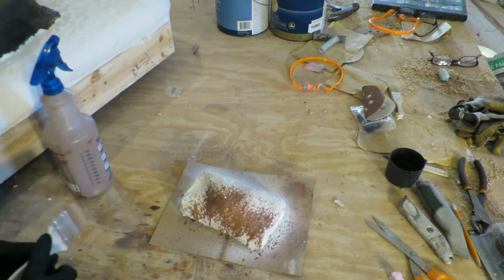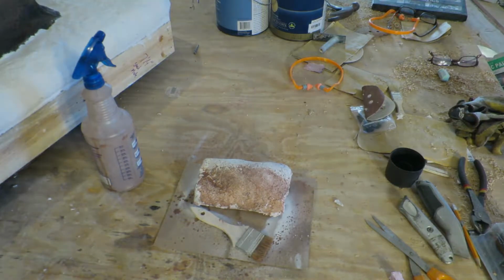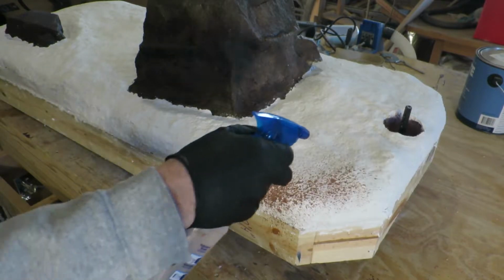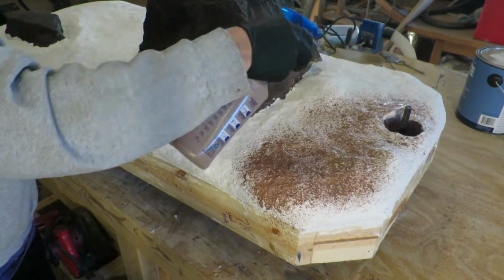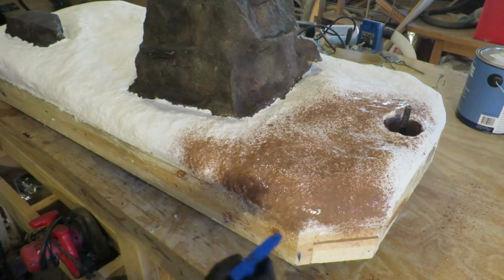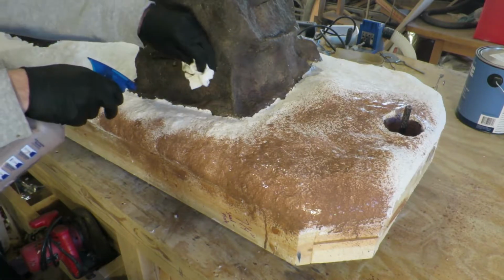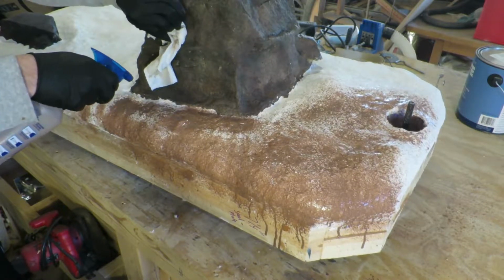Yeah, I think that's what I want. Yep, that's what I want. So we're just going to start spraying it. Try and cover the rock here a little bit so we don't get...